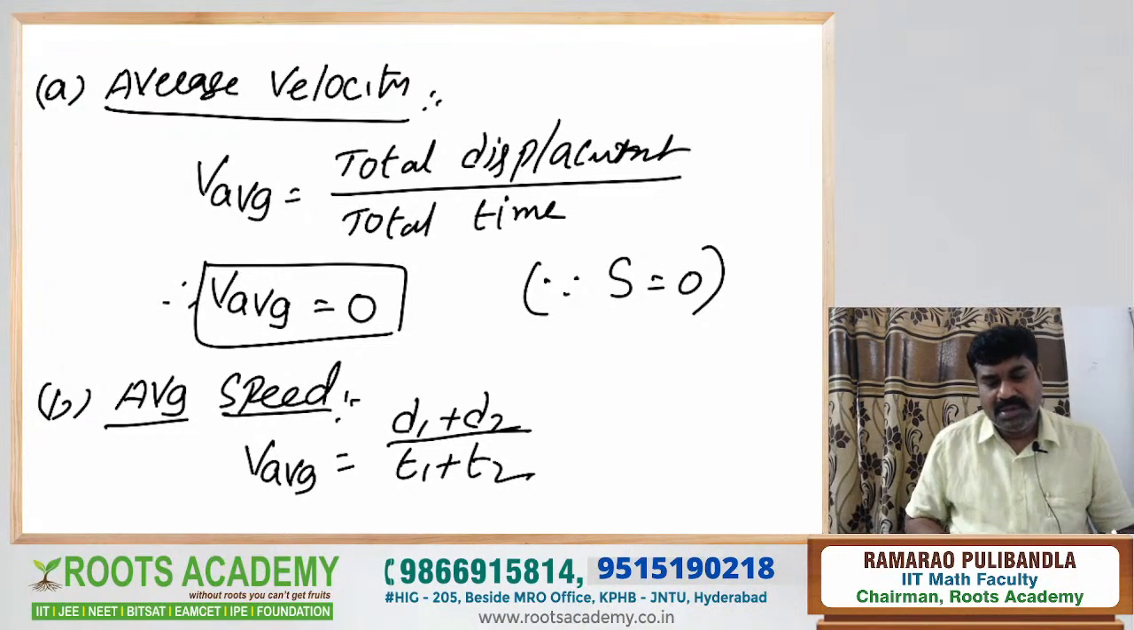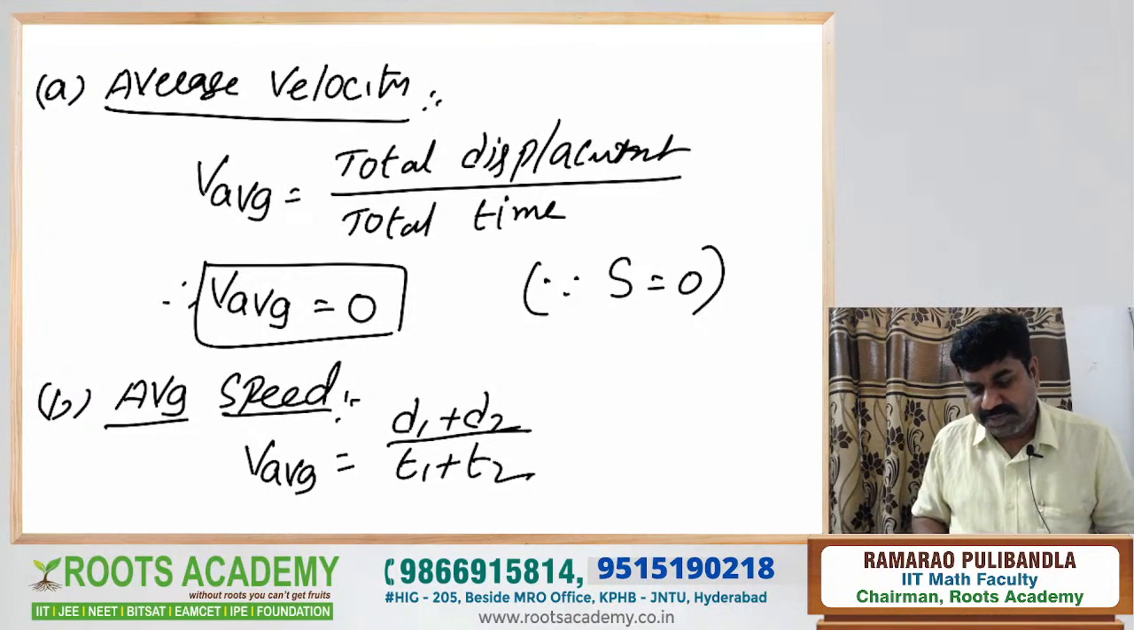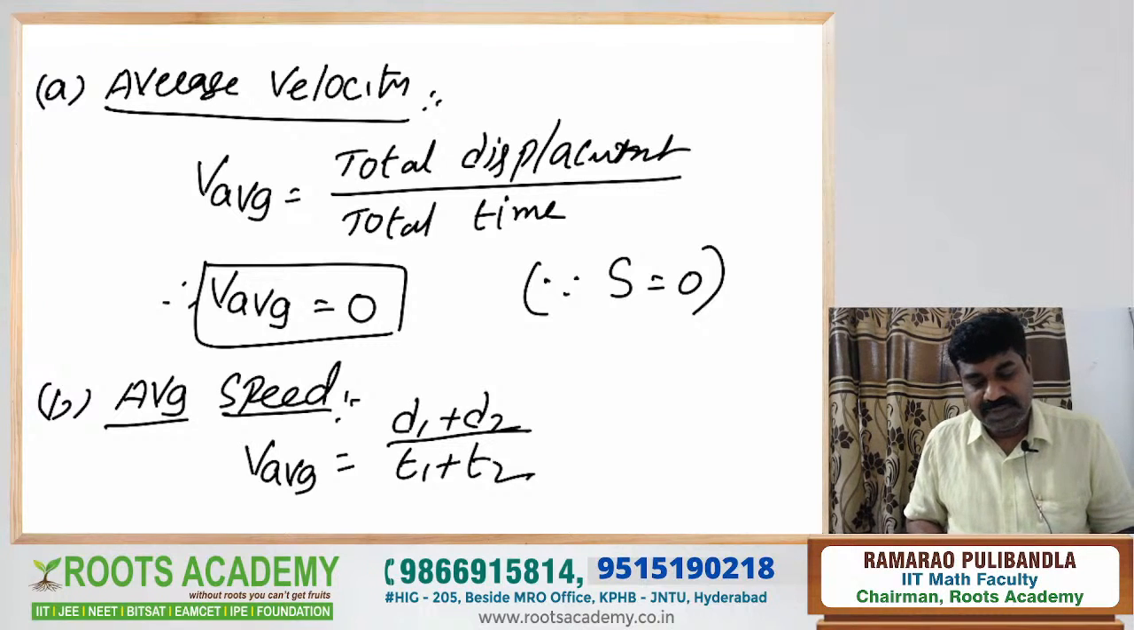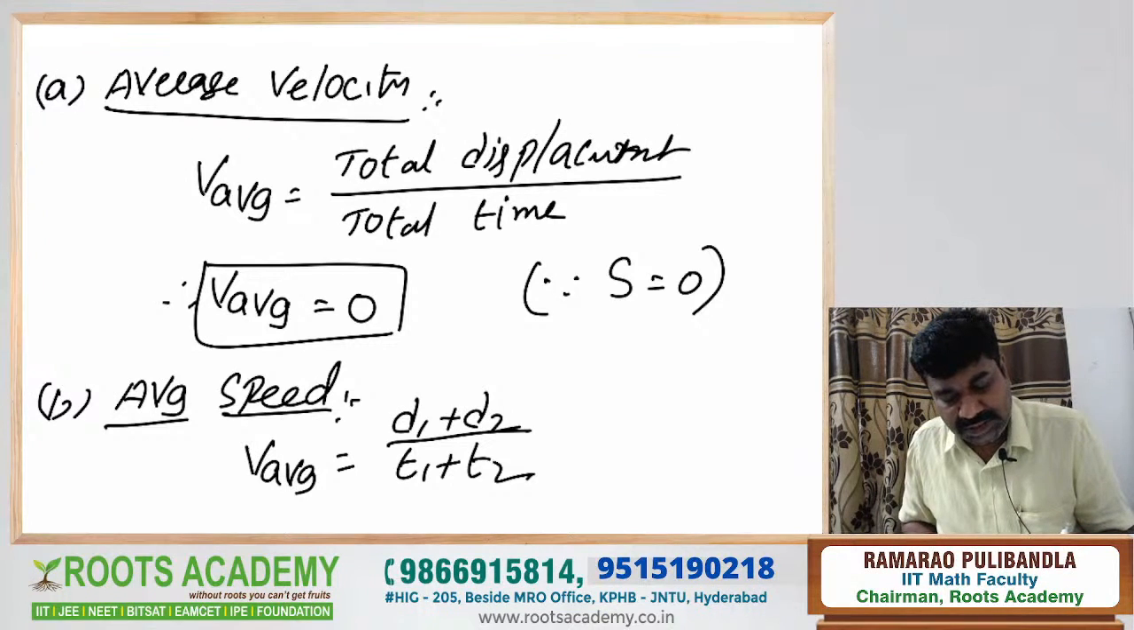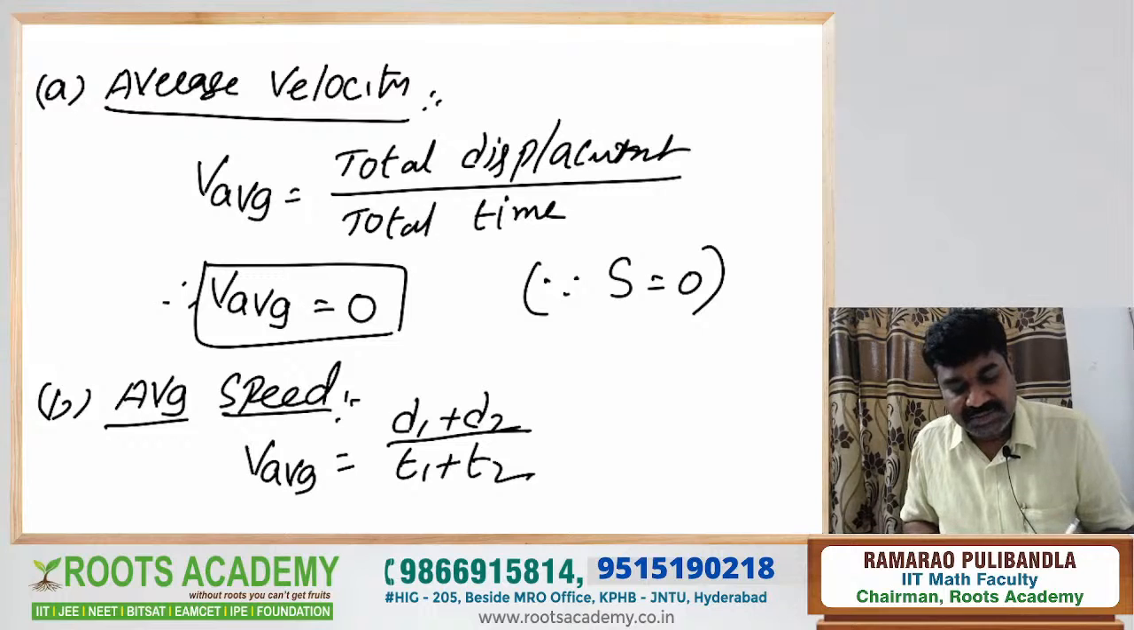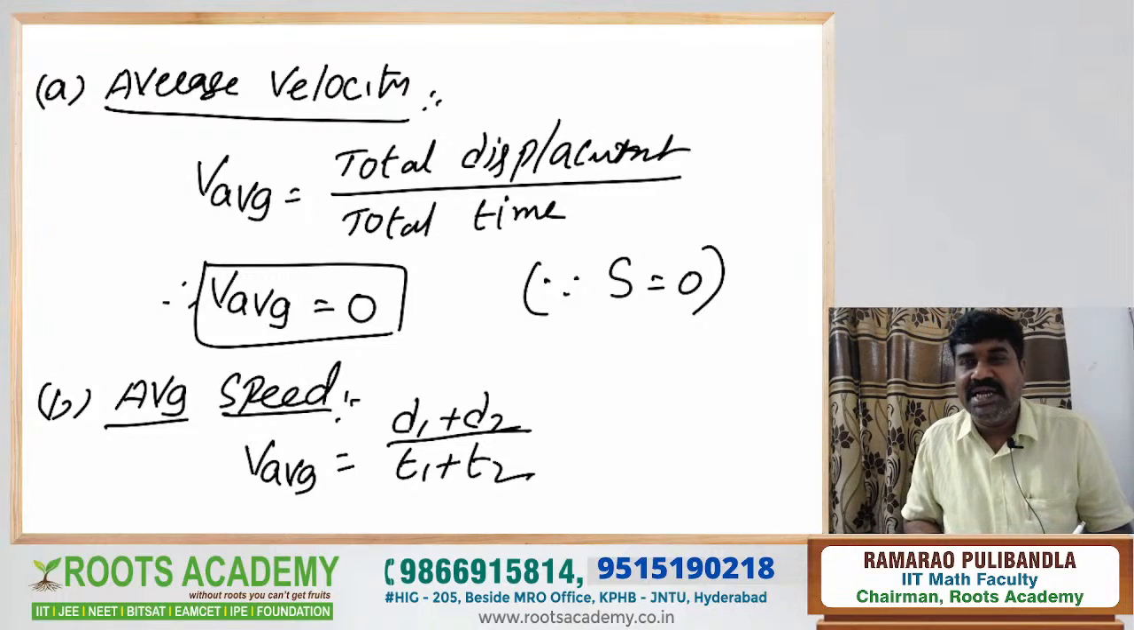Next one. A car travels the first one-third distance with a speed of 10 kmph. The second one-third distance